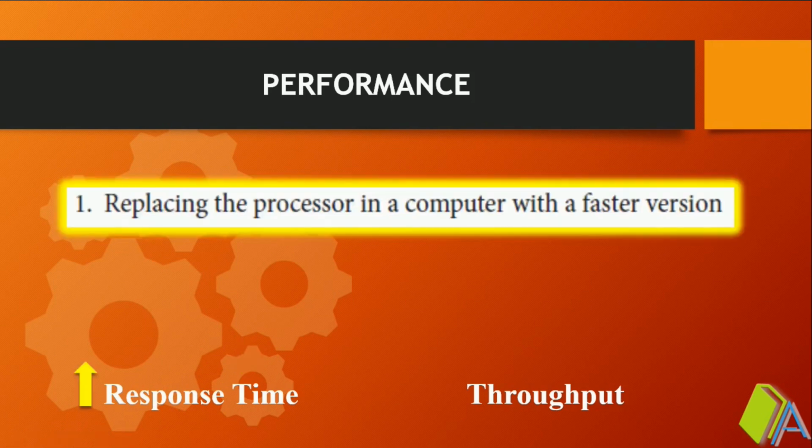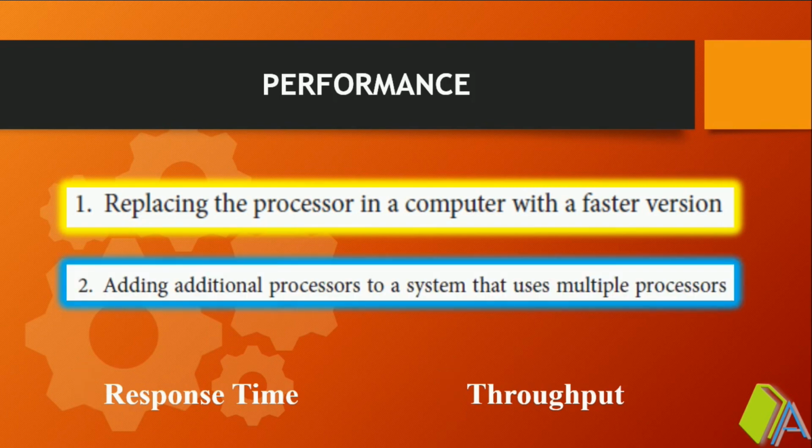So you can say the response time is getting improved. Actually, response time is decreasing. The term we have to use to explain this is that response time is improved. As the response time got improved, the number of tasks that a processor can handle also increases, so throughput also increases. So many more tasks can be completed over a stipulated time compared to the old processor.